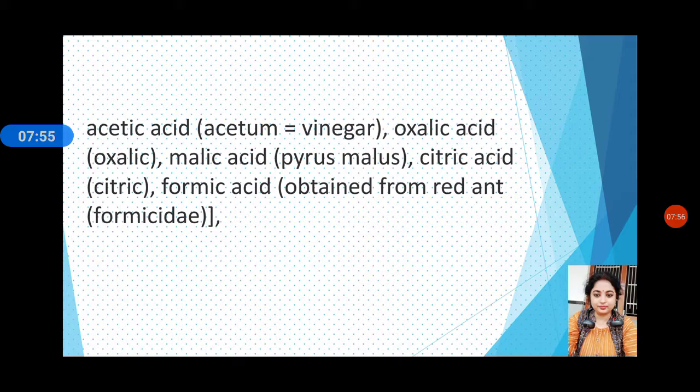Methane was named marsh gas because it was produced in marshes. It was also named fire damp as it formed an explosive mixture with air. No doubt the common names are handy and sound familiar, but they have no well defined basis and little, or you can say no, structural significance.